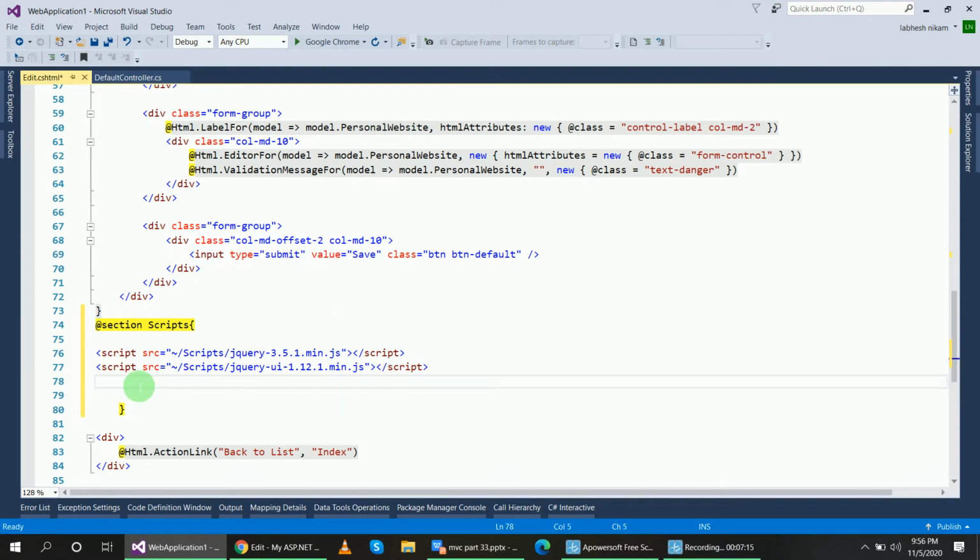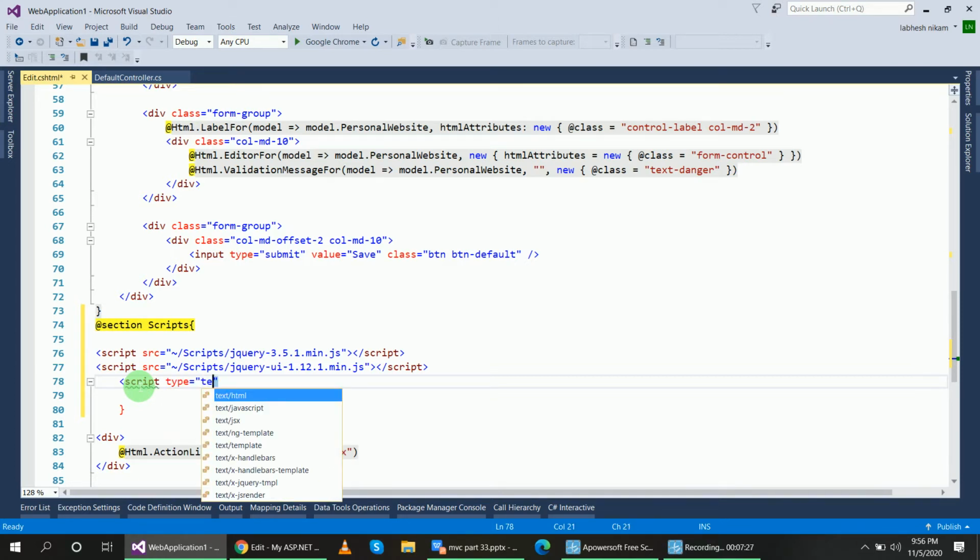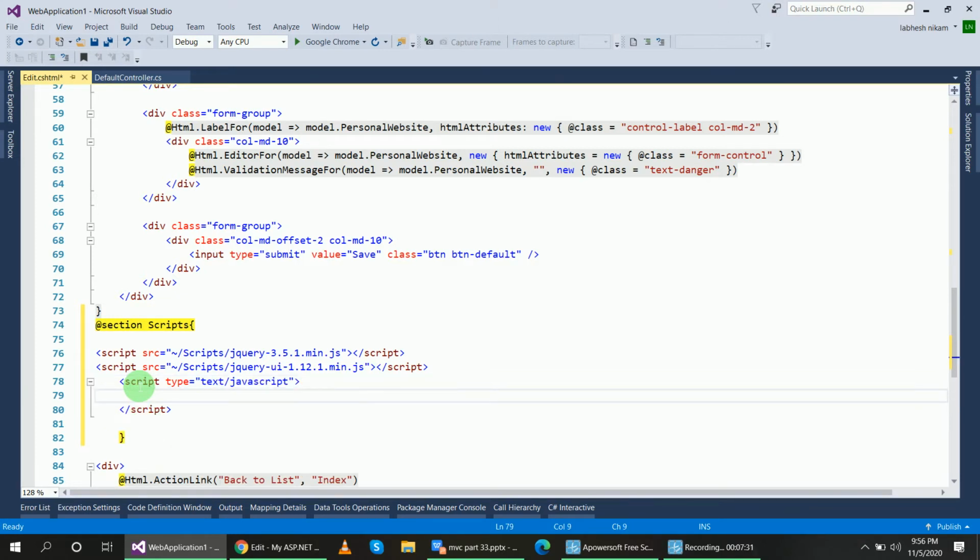Now I will write a script for the calendar. Script type equal to text/javascript, close the tag. Inside this, dollar document dot ready function.